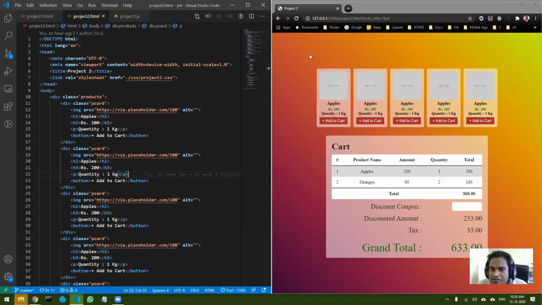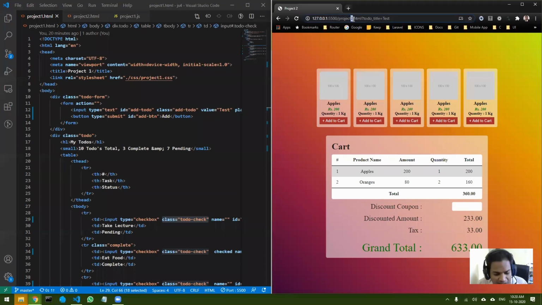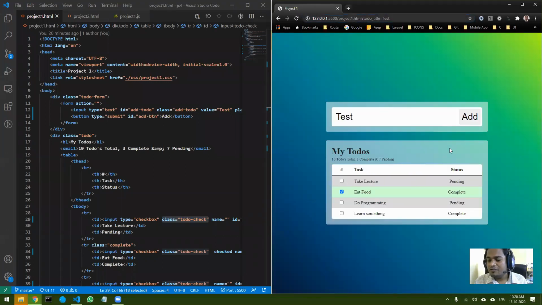So I hope you will try both these projects. I have explained what has to be done, and you can at least repeat project 1 that we have done. Project 1 will be a good example for you to start working on JavaScript.